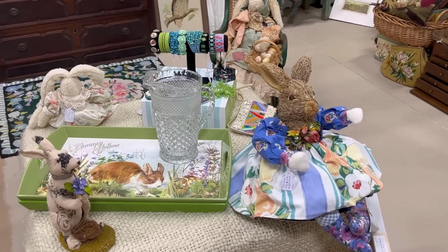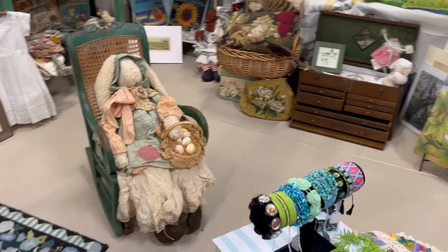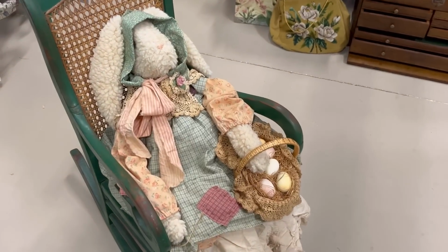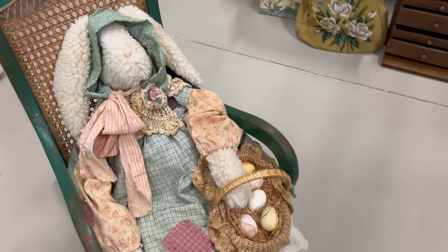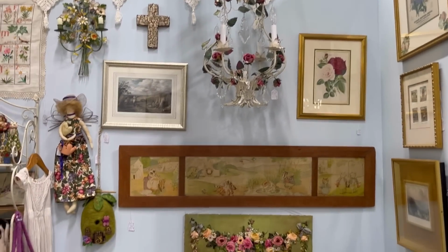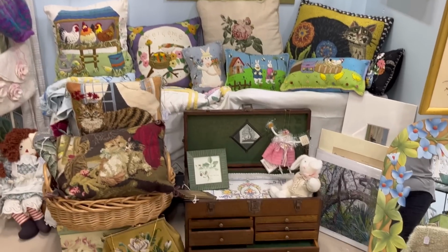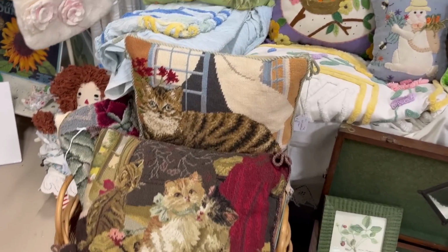So this is a new vendor that moved into the mall very recently, and I love the look. It kind of reminds me of my Aunt Iris's house. I spotted this bunny straight off and knew that it was an attic baby, because I used to have my own collection. I think everything is really charming, and I think it fits a lot of different age demographics. This is definitely along the lines of the shabby chic, cottagecore, grandma chic trend, and you can definitely tell they love the little